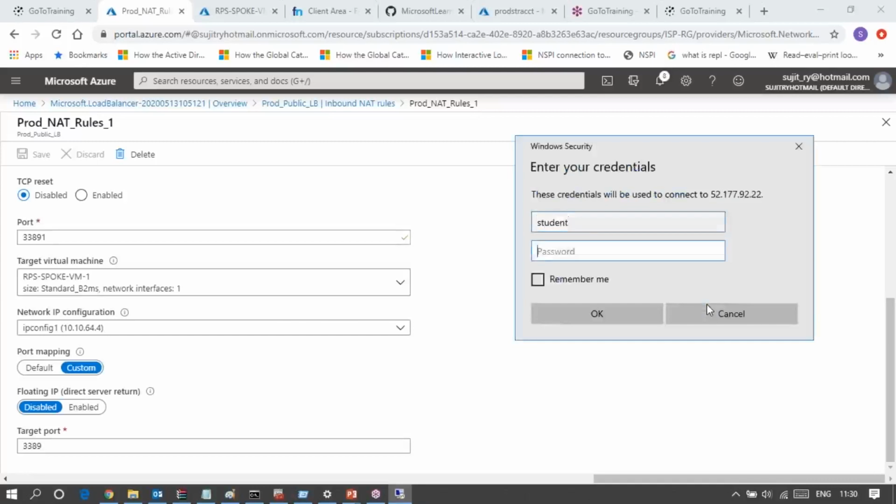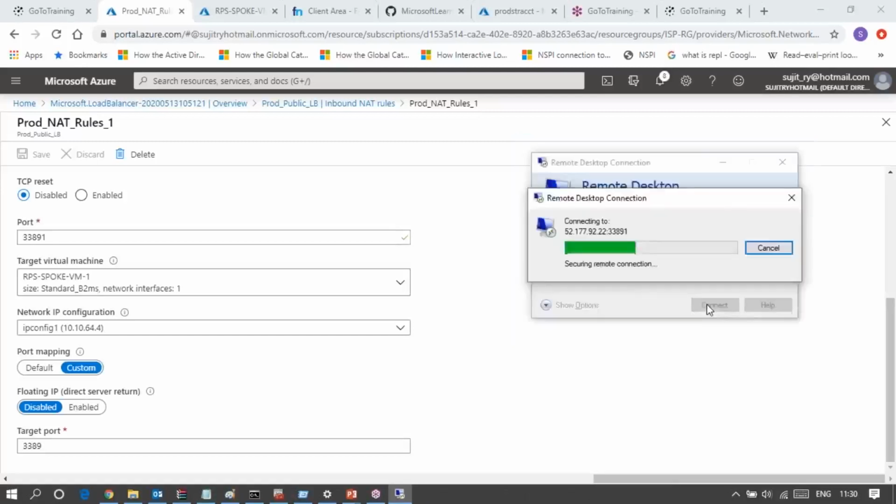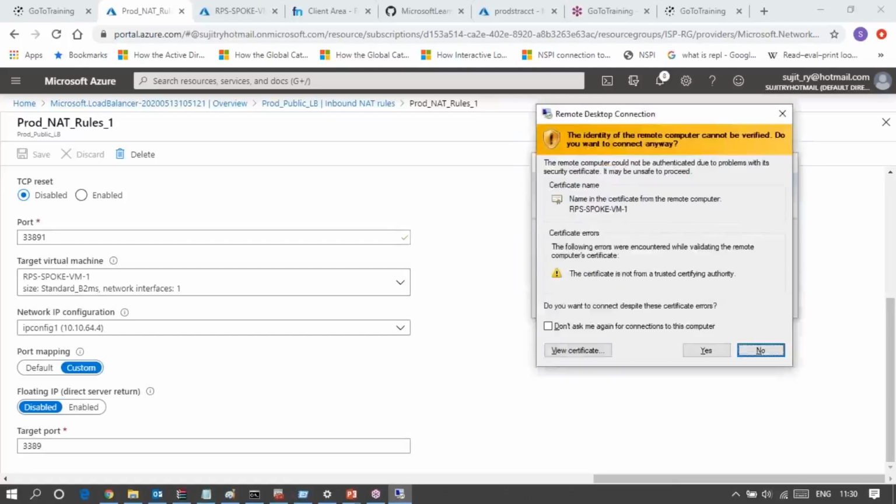Student, password is password. Now it is okay.